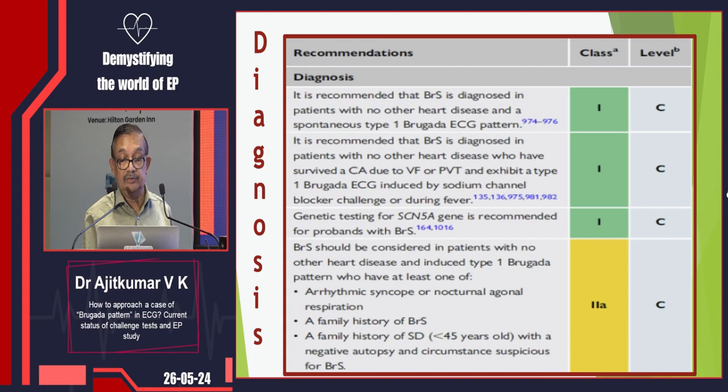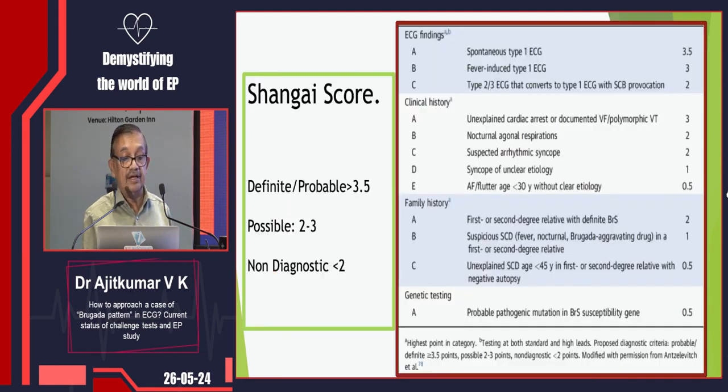That is important. Now, there is a Shanghai score, which is based on ECG findings, clinical history, family history, and genetic testing. It is definite if it is more than 3.5, possible at 2 to 3, and non-diagnostic below 2. Now, look at the genetic testing. A pathogenic mutation in Brugada carries only 0.5 points. Now, this is important when you do a study or when you are not really sure about